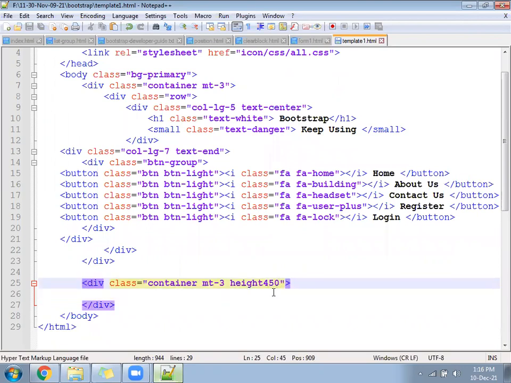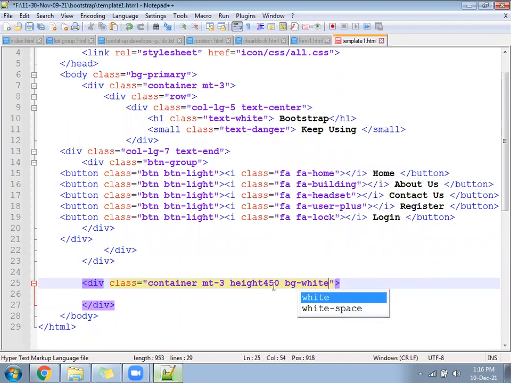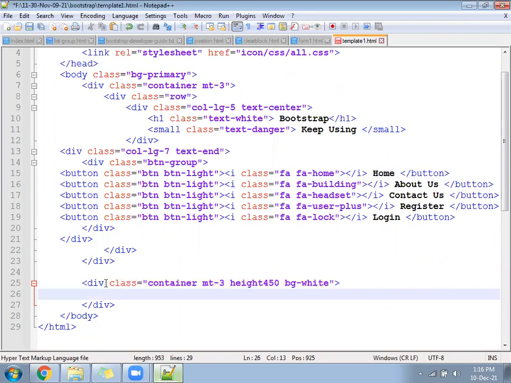Inside you will write bg hyphen white. So height 450 and bg white.